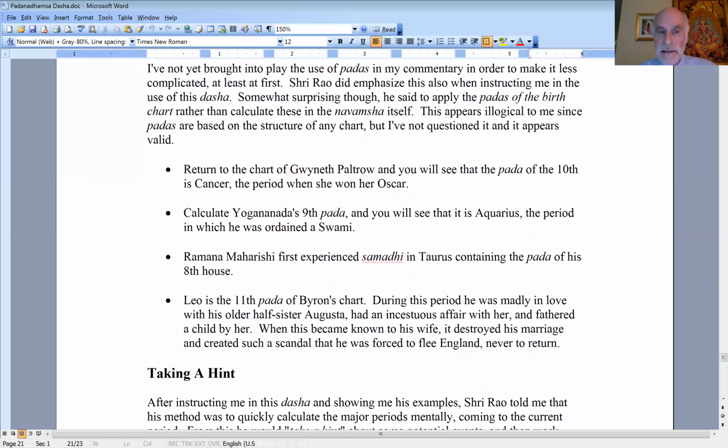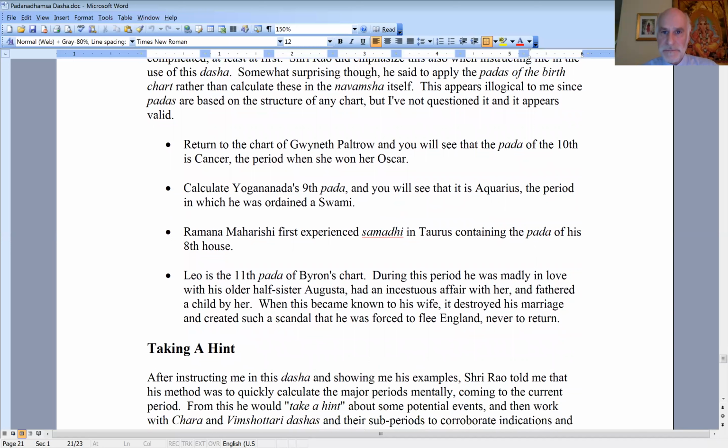And we saw that in the chart of Paramahansa Yogananda, that he became a Swami, that is an official sort of religious identity, in his Aquarius period. And if you calculate his pada of the 9th house, P9 in his birth chart, you will see that it comes out to be Aquarius. And of course, Jupiter was there, if you recall, which is that symbol as well. But it just adds to the indication that something like that, of him becoming a Swami, could happen in the